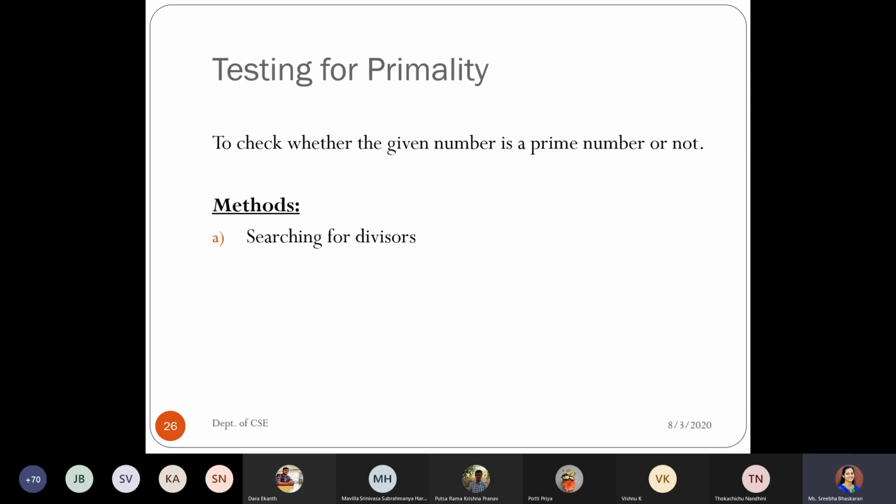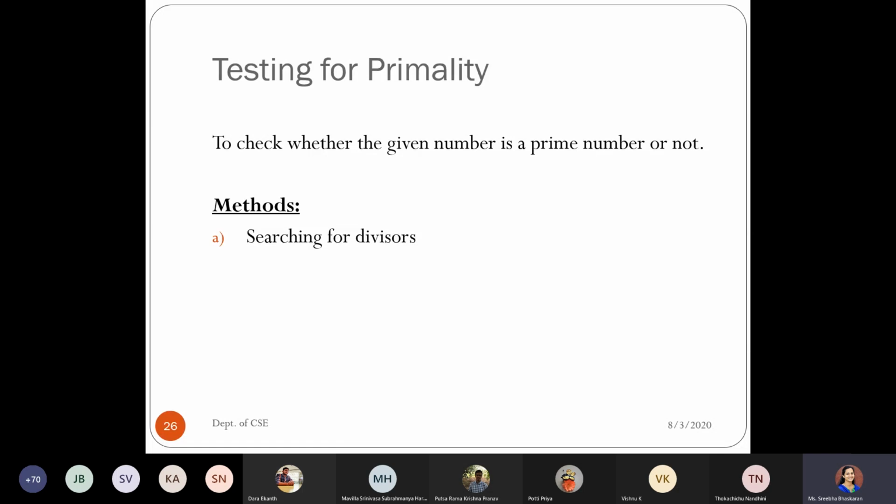One simple method which we were doing till now is searching for divisors. Whatever number you have, you run a for loop in a C program, starting from n until it reaches the value 2, and if it is divisible by some number, you come out of the loop.